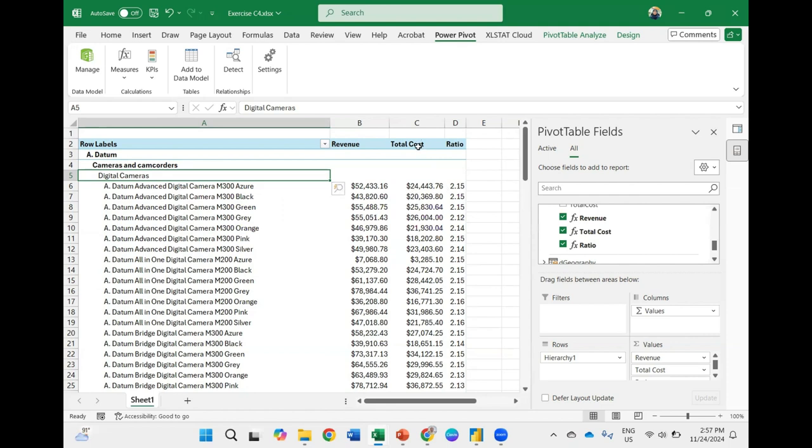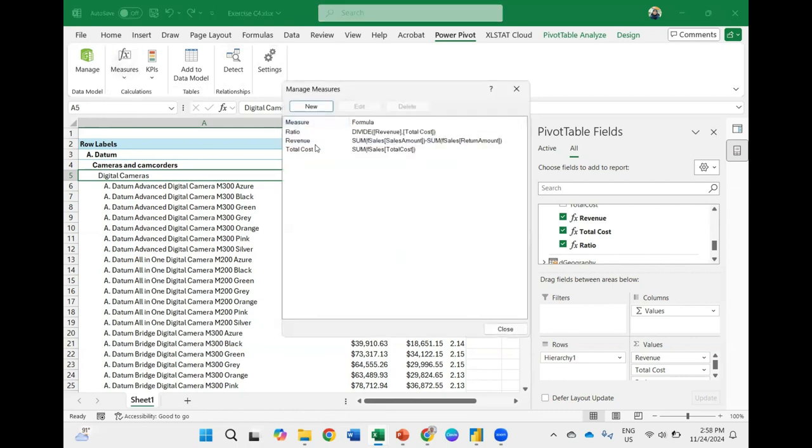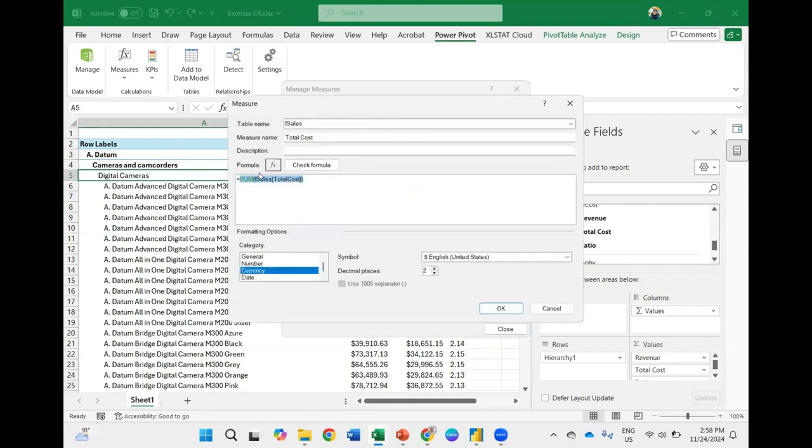Okay, so let's say you want to change it. Maybe you made a wrong calculation for total cost. You want to edit, go to the measure and manage measure. Total cost should not include another 5%. So we click edit.